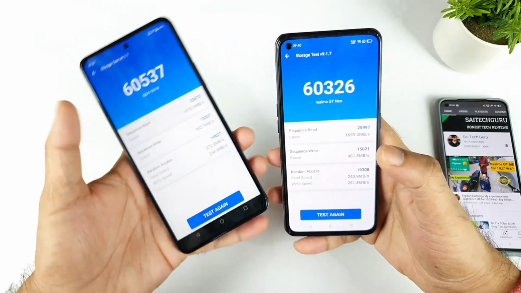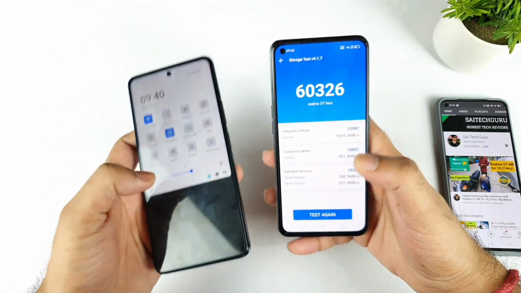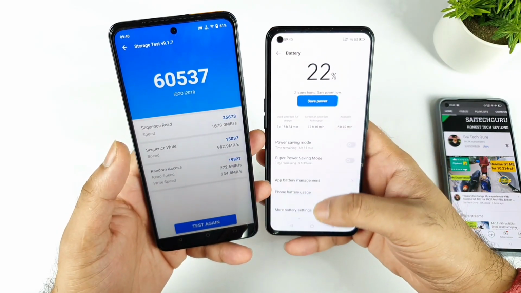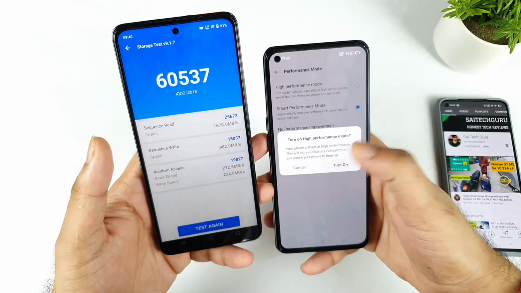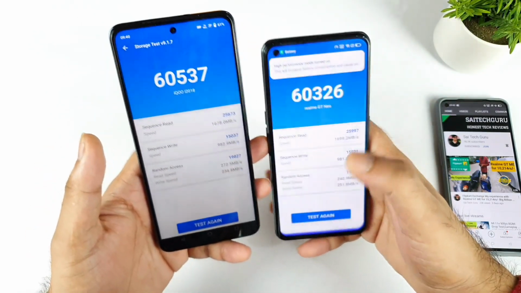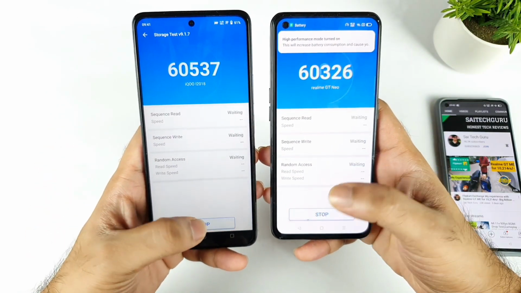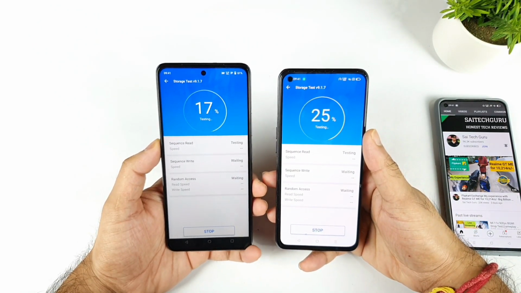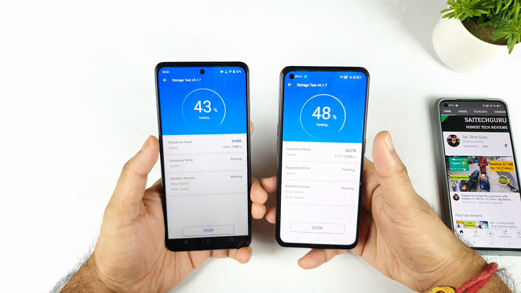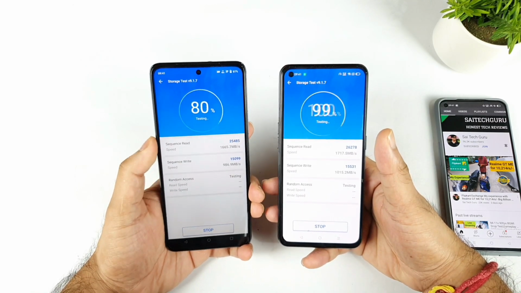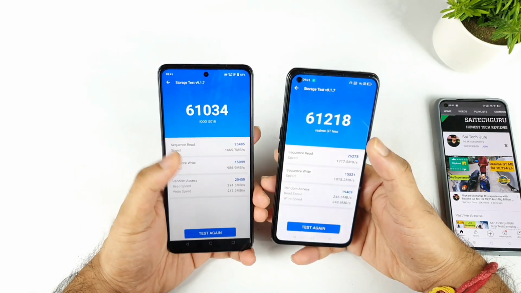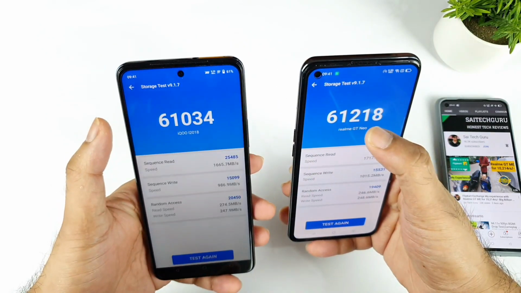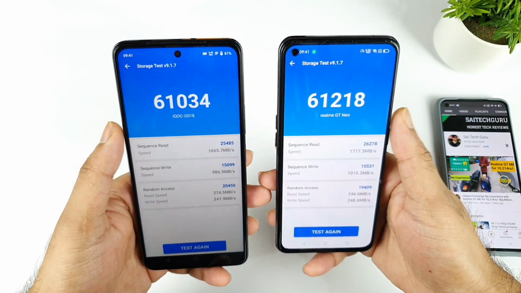Next I'll use the monster mode present in this phone, and the high performance mode as well. Let's see whether using monster mode and high performance mode affects the score or not. That's what I'm going to check. 1, 2 and 3, and let's see what happens. This test doesn't require any battery percentage, so don't worry about the battery percentages. Both phones scored about 61,000, exactly the same. Slightly higher in the Realme X1 Max at this moment, as you can clearly see.